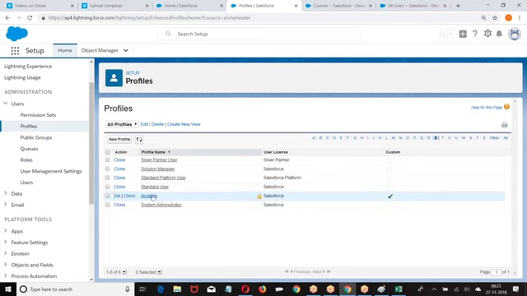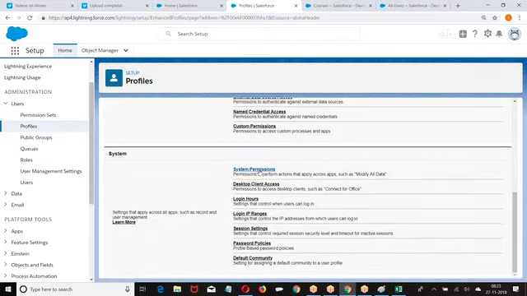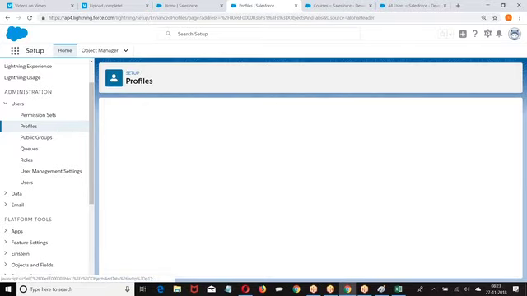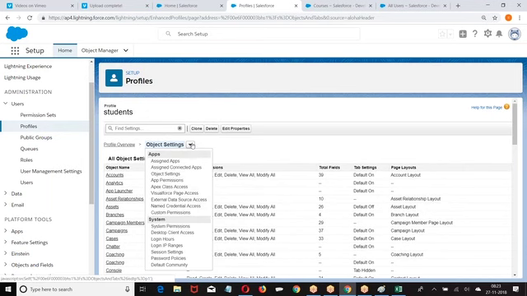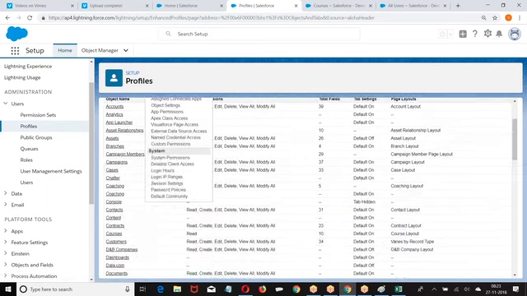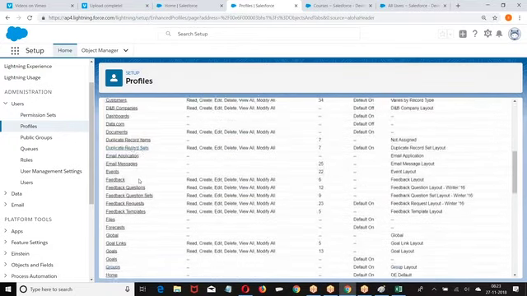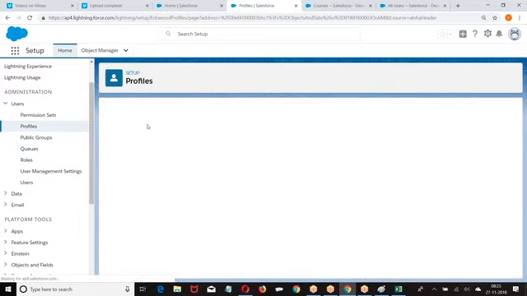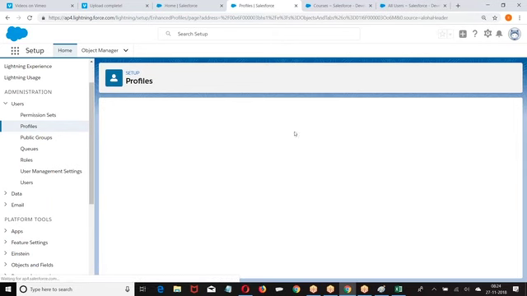Okay, so let me go to object permissions here. On which object are we speaking about? Course object. Right.